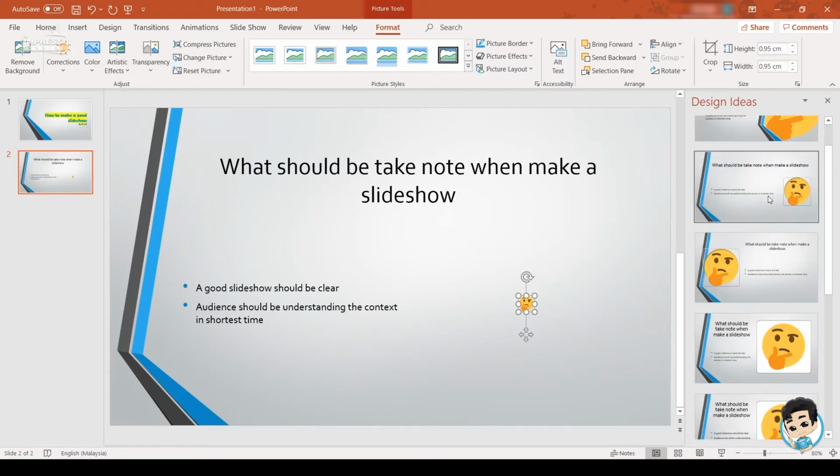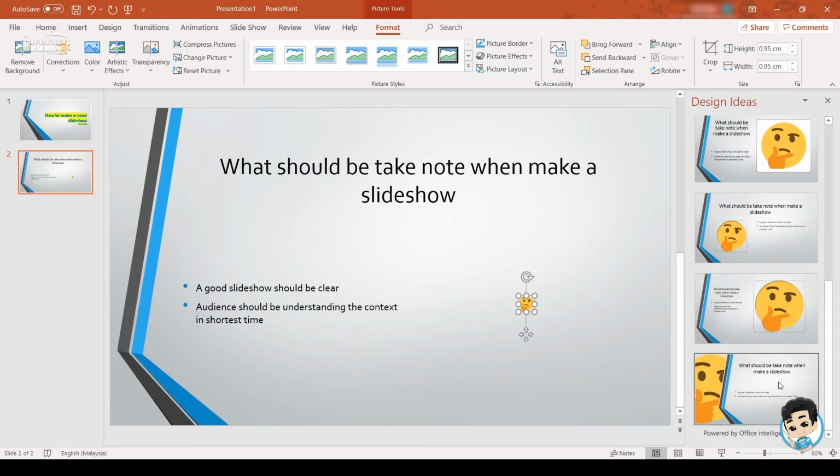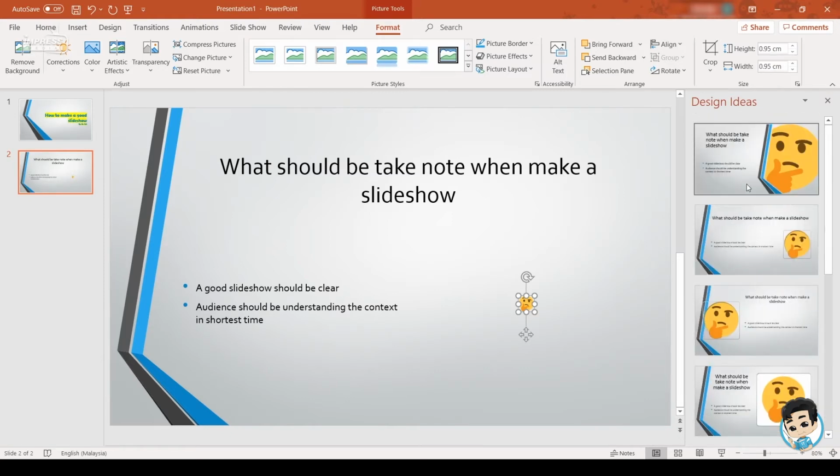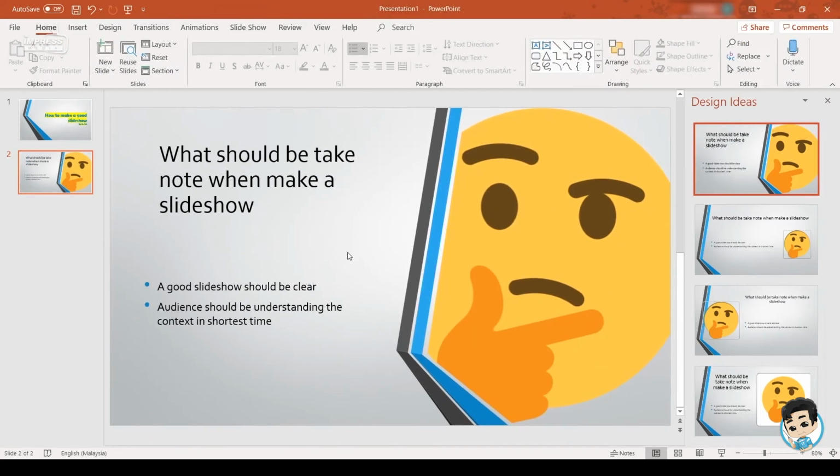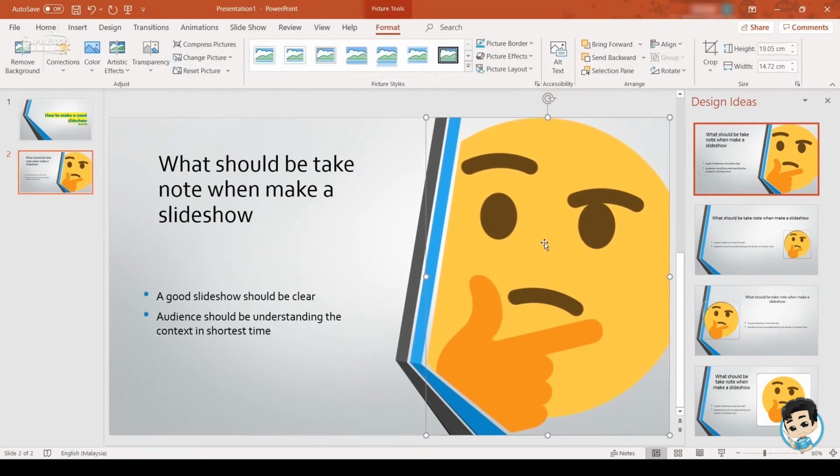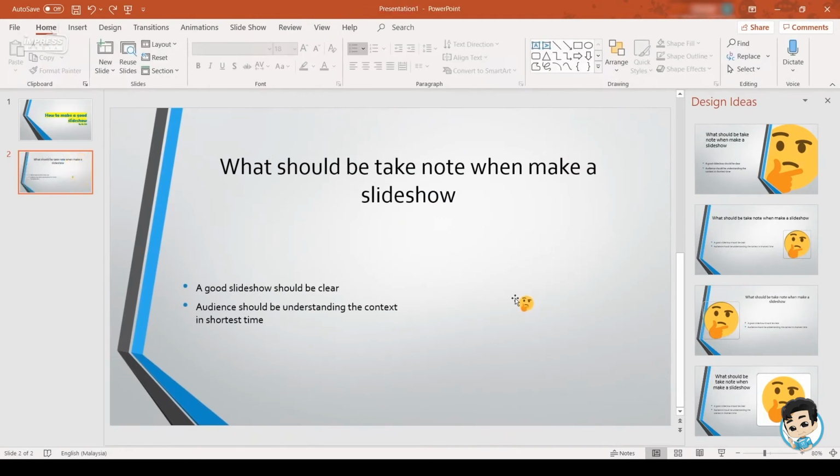So if you are going to use the recommendation, yes, you can choose one. For example, I'm choosing this one. This one looks nice. Or if you don't want to use it, you can always undo it back,